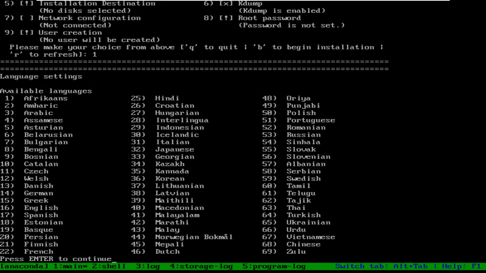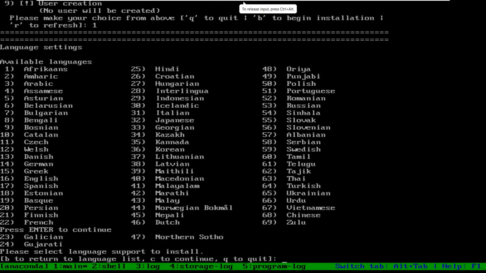Now it is showing all the languages we have. You can see number 1, 2, 3, 4, 5, 6 till this. But the list is not completed. It is saying press enter to continue, because the list is not completed. So one more time I will press enter, and now the list is completed. Now what is it showing here? It supports 1 to 69 languages. Now you will find which language you want. So you can select those languages by giving this number.